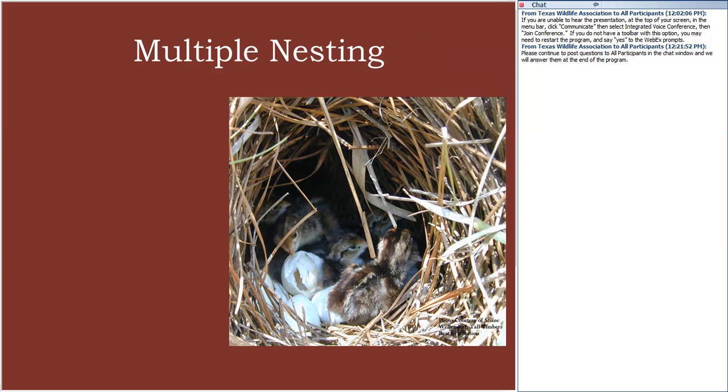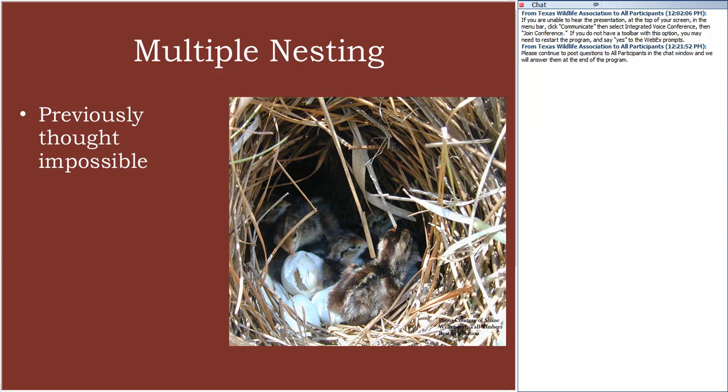Now we're going to come on back to this concept of multiple nesting. I had hinted that this was important, and now we're going to see why. It was a thing that was actually previously thought to be impossible for quail. It was believed that at most quail could produce one successful brood in a breeding season, and that was their limit. But around the late 80s, when we started to experiment with radio telemetry and made use of that technology,